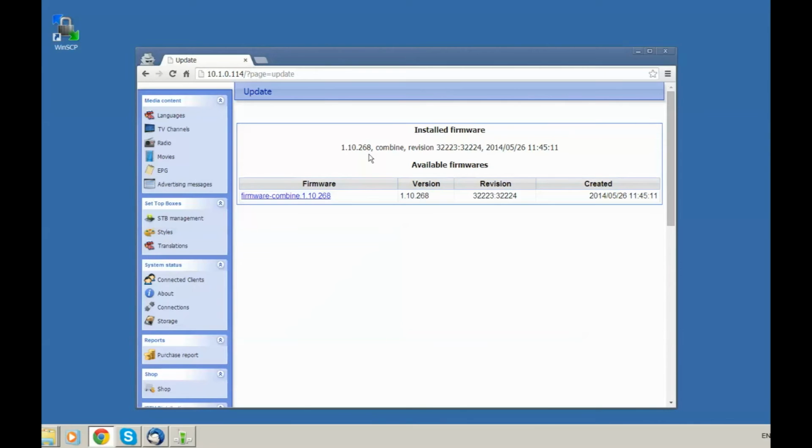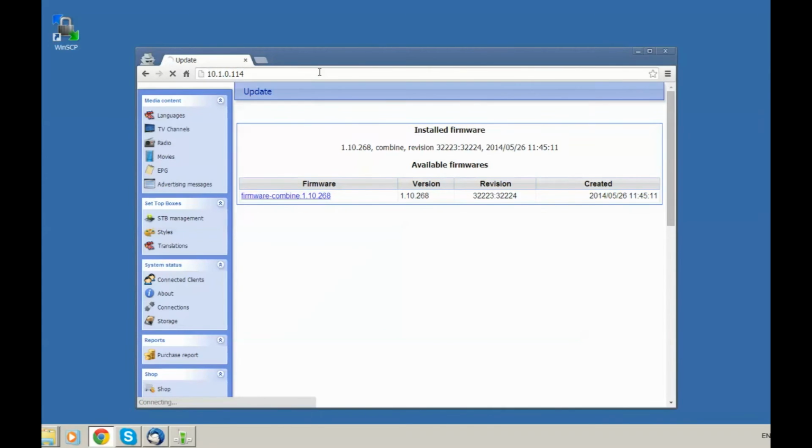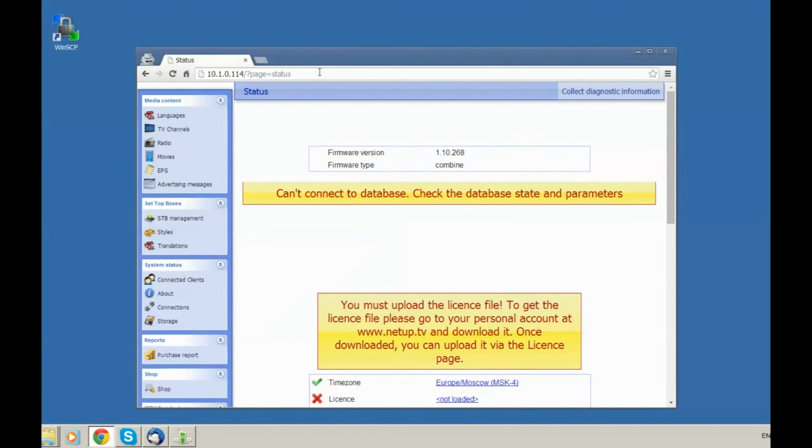But the installation process is not finished yet. The combine now has to reboot, so we'll have to wait a couple more minutes before we can log into the web interface. As we log in, we see that we have the latest firmware, but we still need to